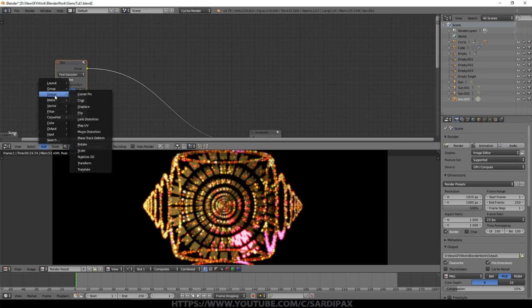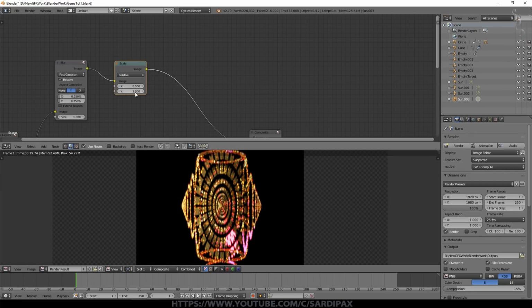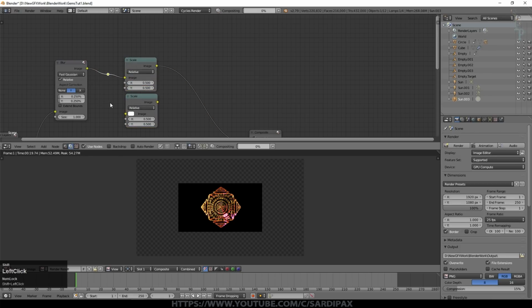That's why the blur. Under the distort settings, I'm going to add a scale node. Just drop that in there, leave it on relative, and set this to 0.5. You see that's shrunk there, and then 0.5 on the Y as well. So that's just made the whole image a little bit smaller. I'm going to add another scale node, add a little joiner node there, take that into the input and leave it on the 0.5 again. I'm going to add a flip node, and I'll explain this in a moment. Take that into there and set this to flip X and Y.